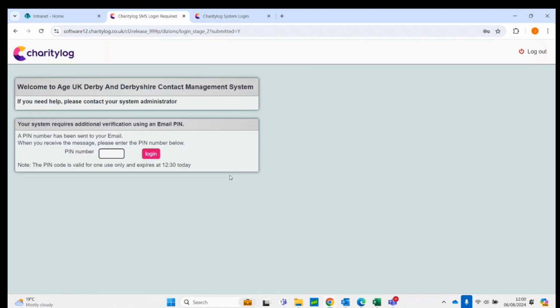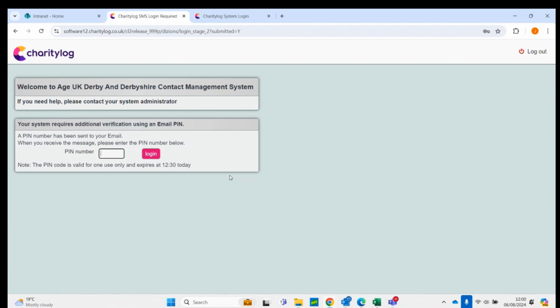Okay, if you ever forget your password, you can contact head office and we can designate a new one for you, but we will then say to you on your first login, you need to change it to something that's private. Because there's a lot of sensitive information on there, it's really important that only you have access to your login